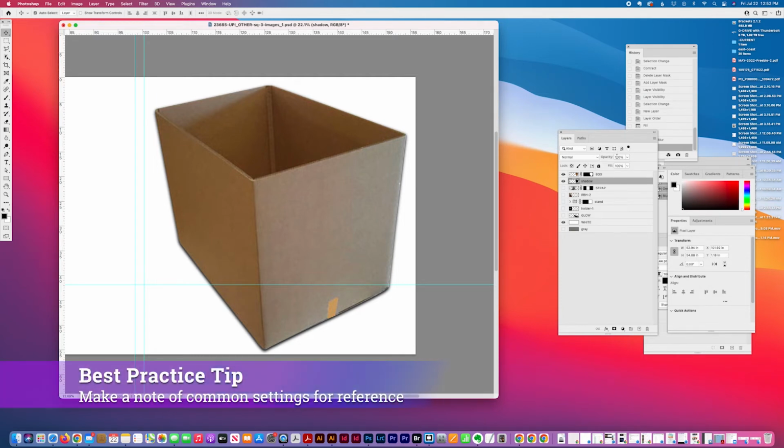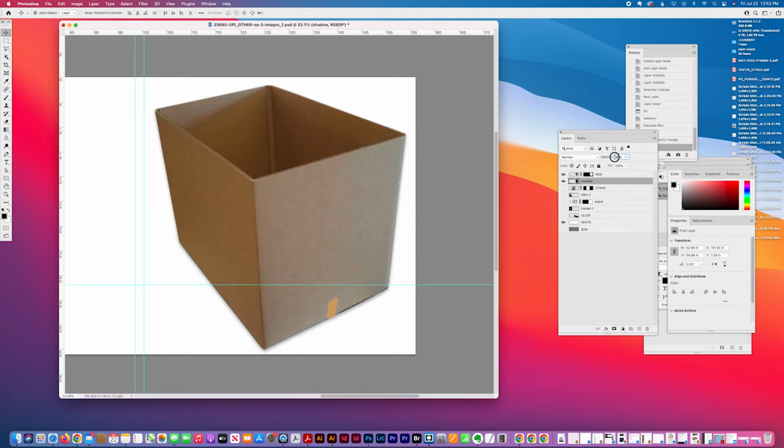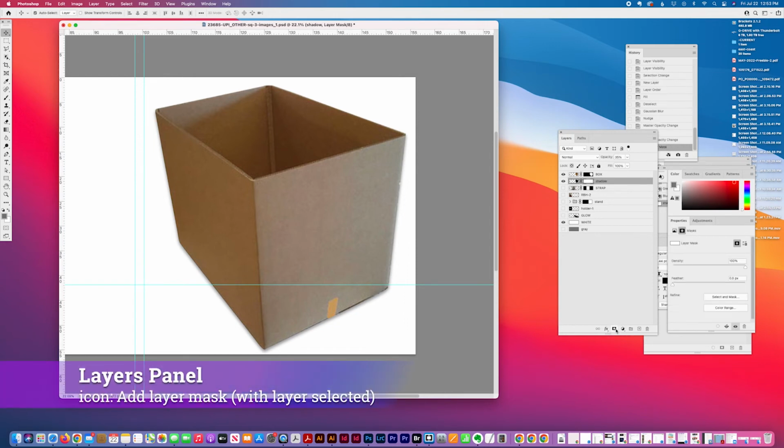Then I adjust the opacity. 50 or 30, something like 30 is usually good, 35. Depends on your application. And then just to remove this halo, I make another layer, adjustment layer, a mask adjustment,